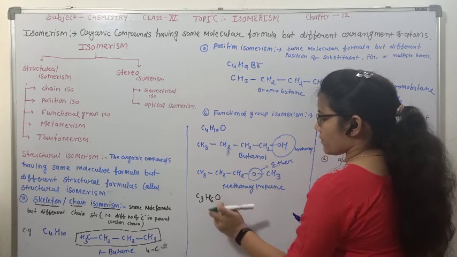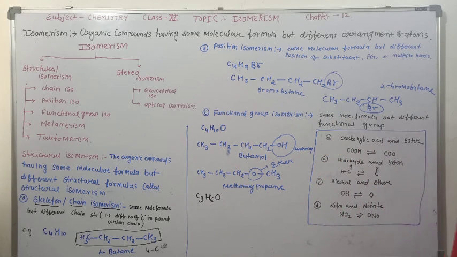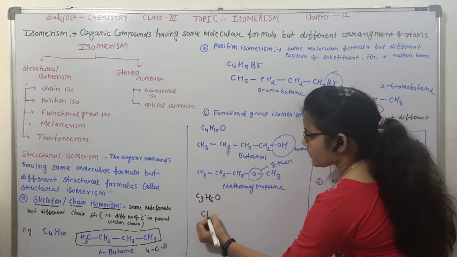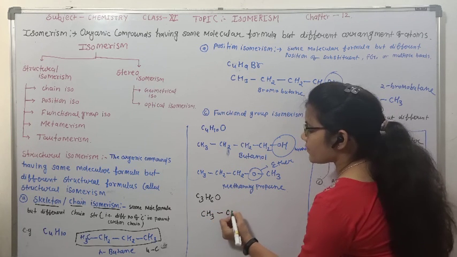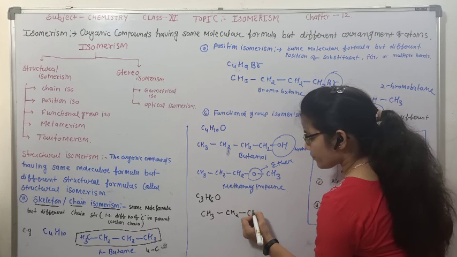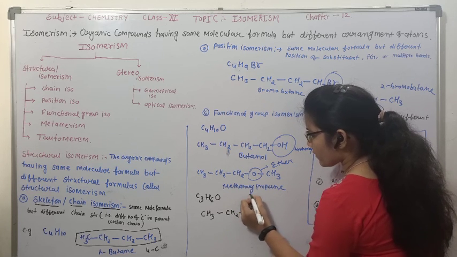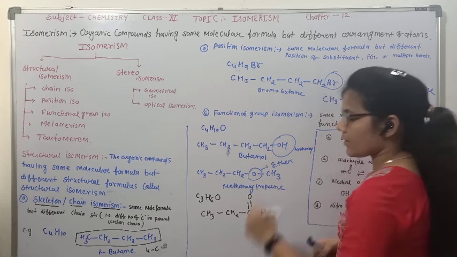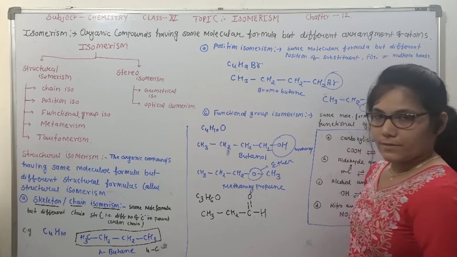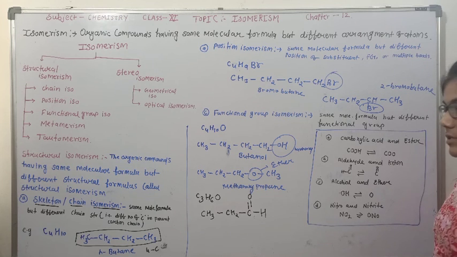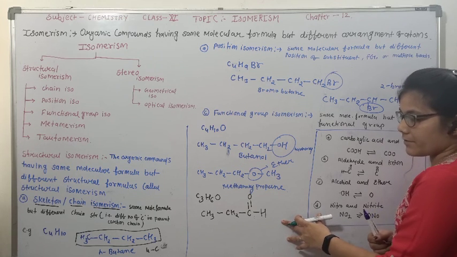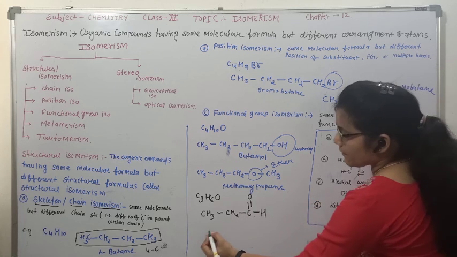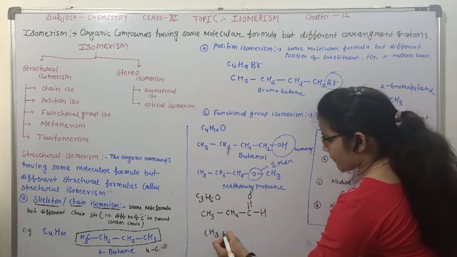C3H6O. Okay, open the compound. CH3, CH2, C double bond OH. This is what? It's an aldehyde. Okay, it's an aldehyde. Now,